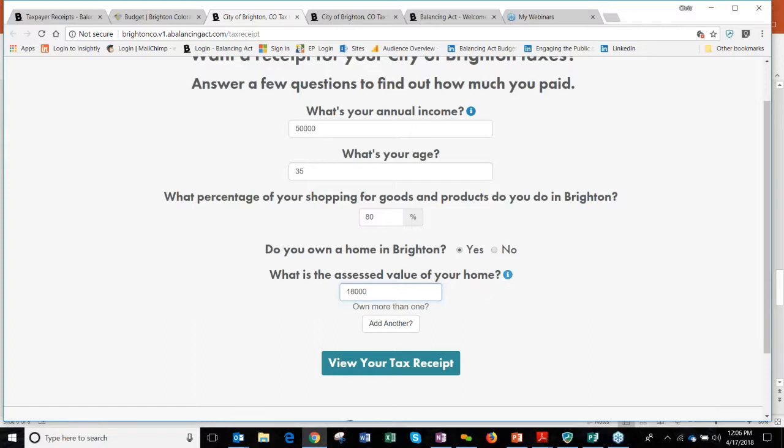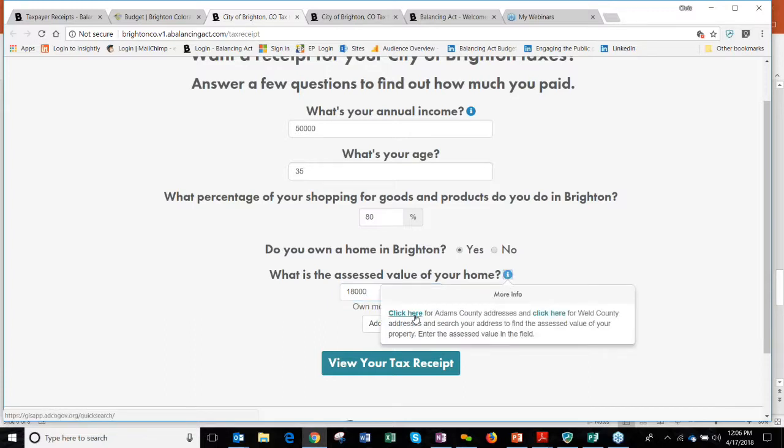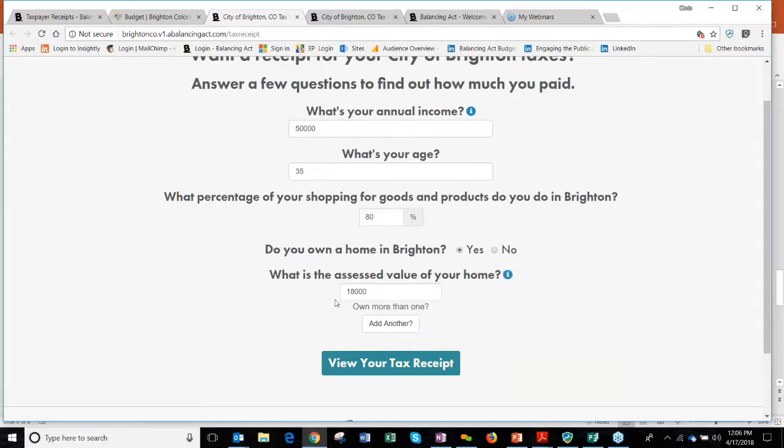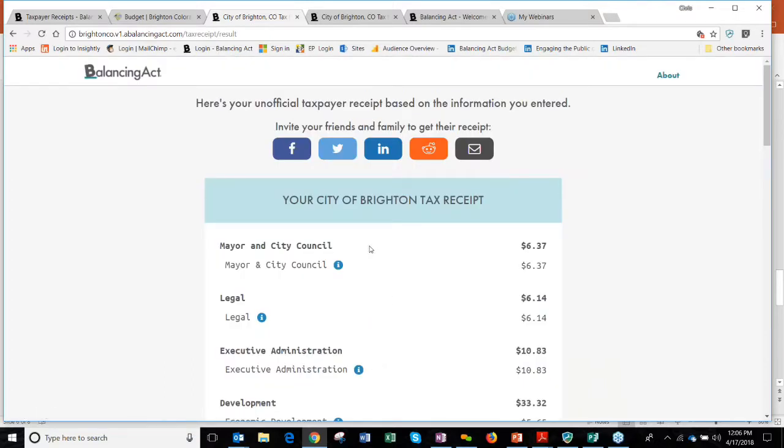And by the way, this info icon gives you a link to their website. This one goes to Adams County, and this one goes to Weld County, because Brighton is actually two counties. And once you've entered this information, you can say view your tax receipt, and then it comes up with a